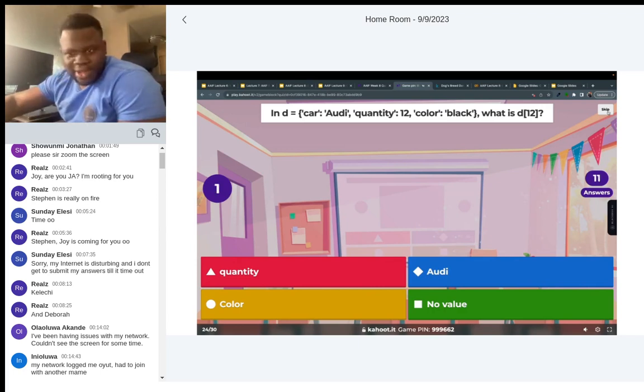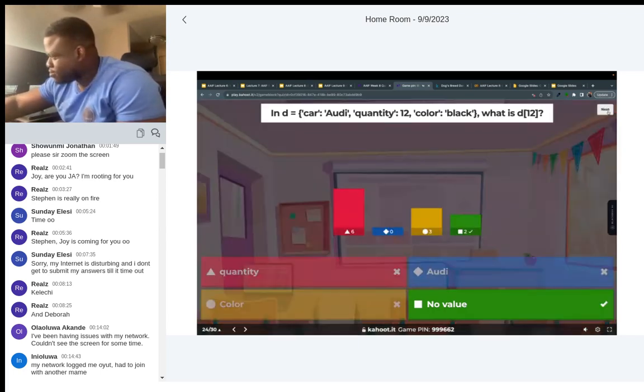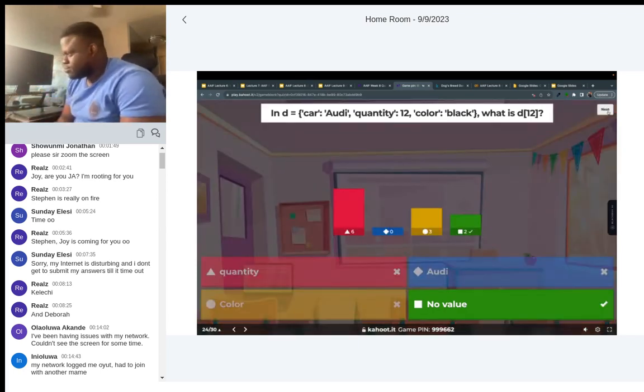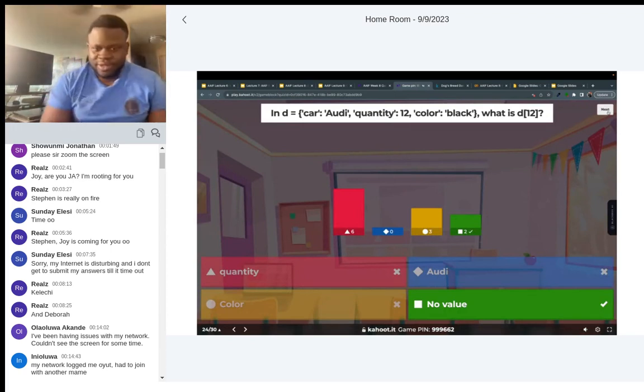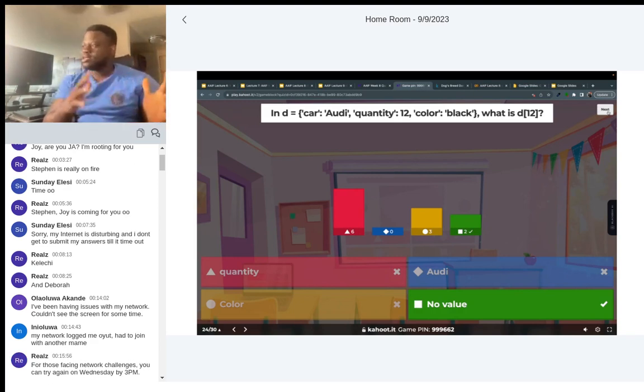You fell for it. A dictionary has a key value pair.